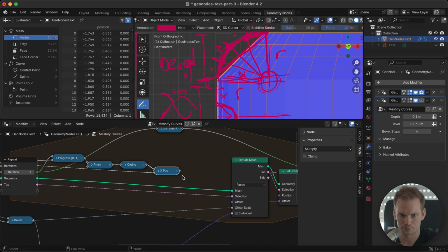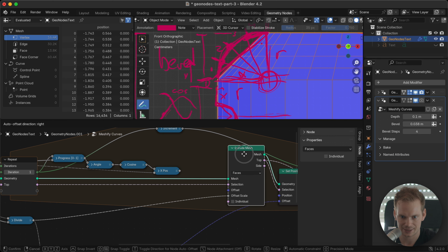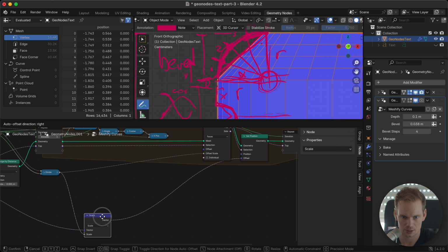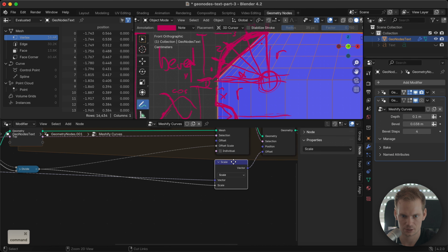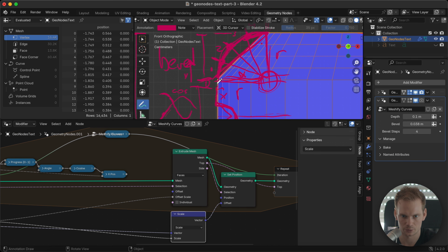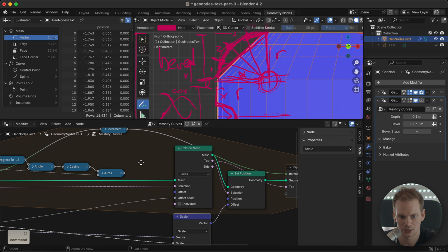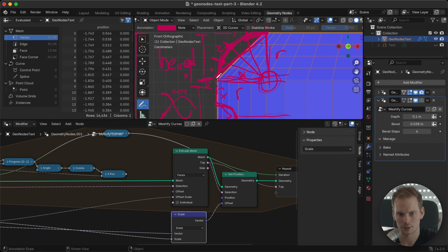Okay, so we could plug this into the x position, which is supposed to go here, because remember, we're first extruding, which is going up. That's the y direction in this case. In reality, in the Blender world space, it is actually the z value, but since this bevel stuff is happening in 2D, I consider this y and this x, but you can name it anything you want. It doesn't really matter.